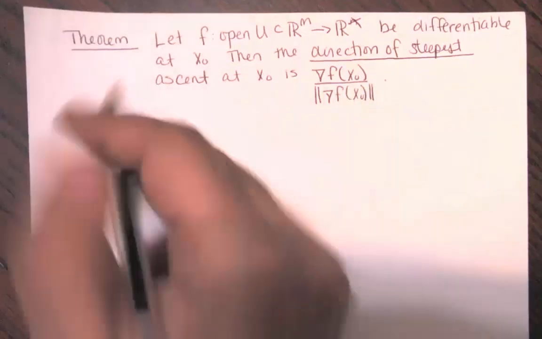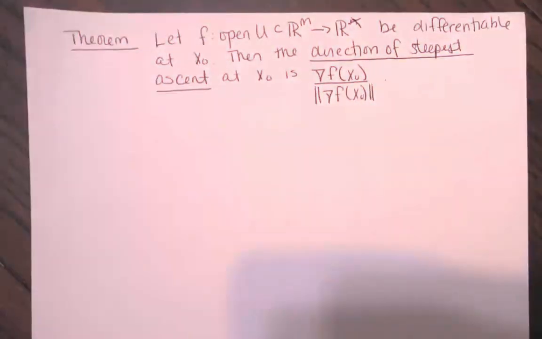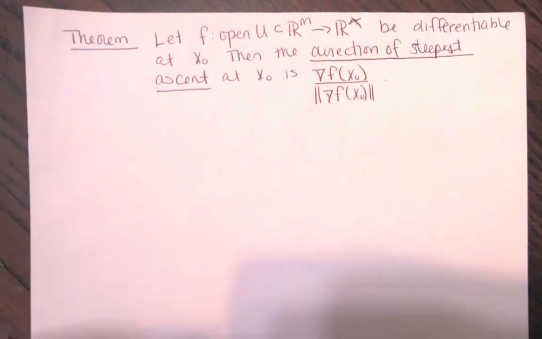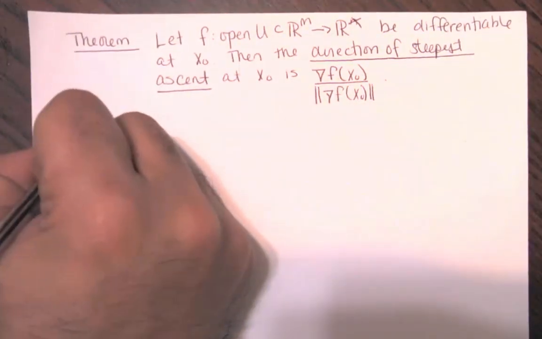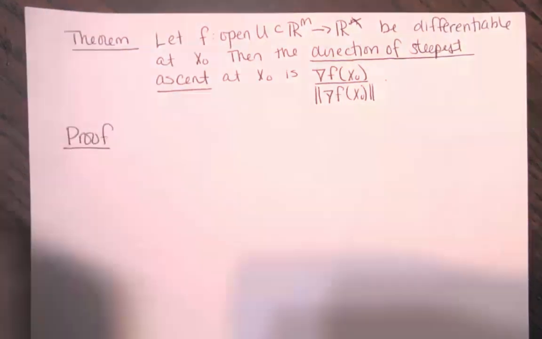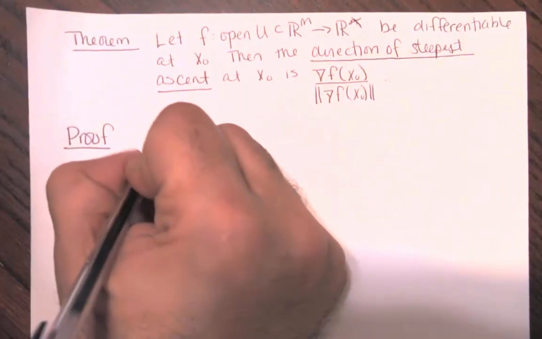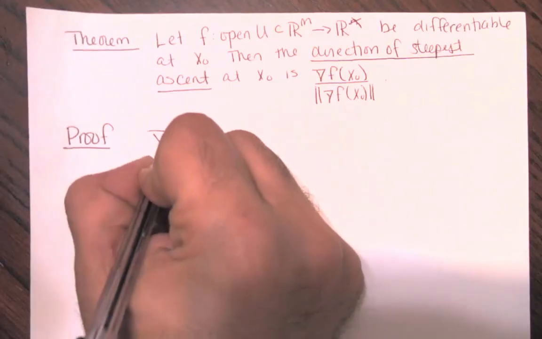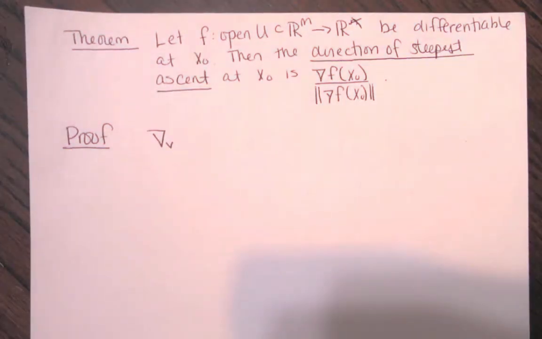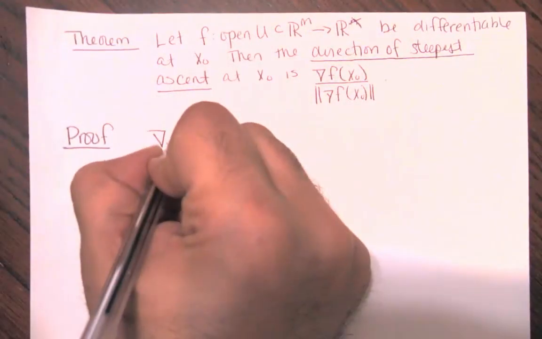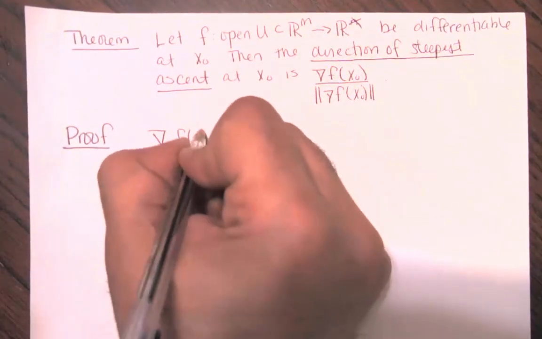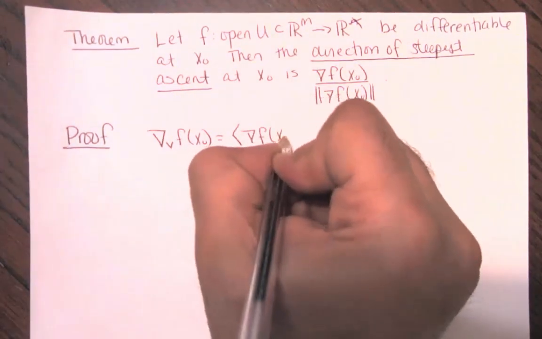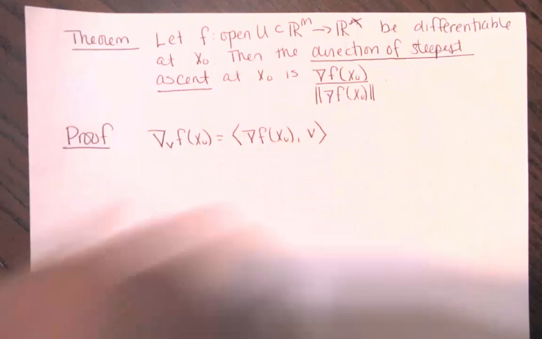Then the direction of steepest ascent at x naught is given by the normalized gradient. So let's prove this. Well, we just showed that the directional derivative for any v is given by the inner product of the gradient and v,